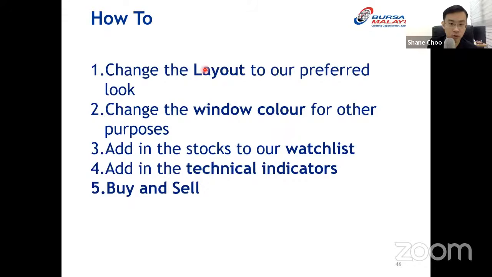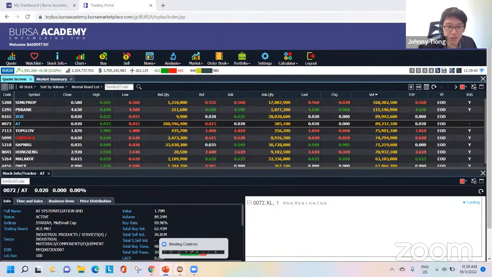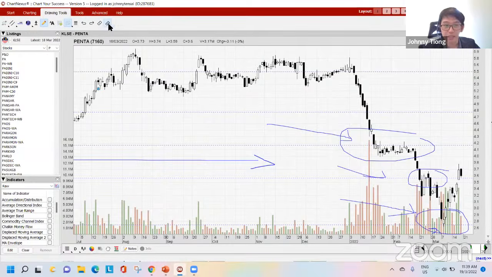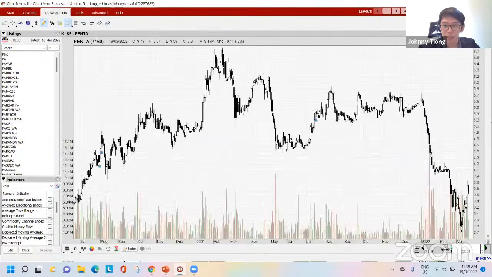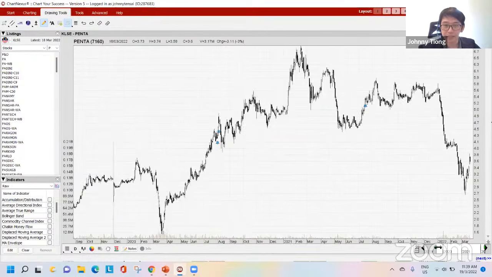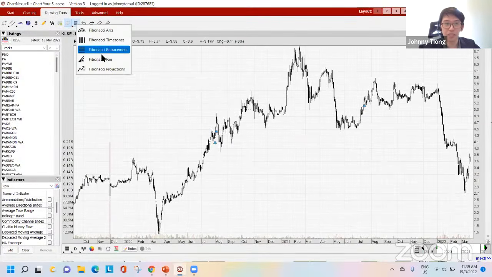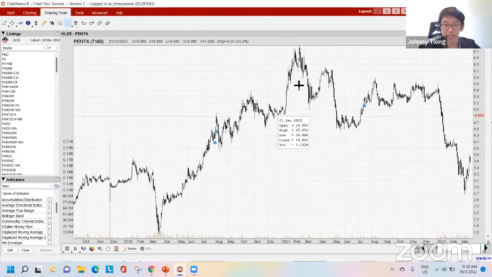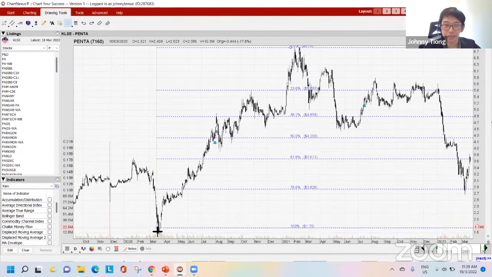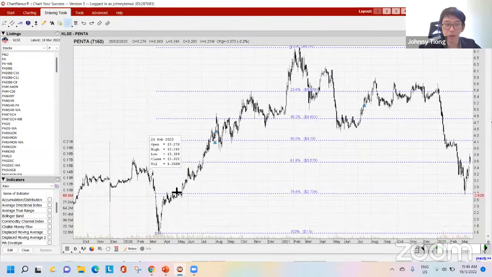Okay, so Raj would like to ask, when Fibonacci analysis is performed, should it be based on daily, weekly, or monthly candles? It can be done on daily, weekly, or monthly, no problem. For example, let me show one example. Just now we drew the analysis on Penta. I come back to this Fibonacci example again. I drew from highest to lowest on this daily chart.